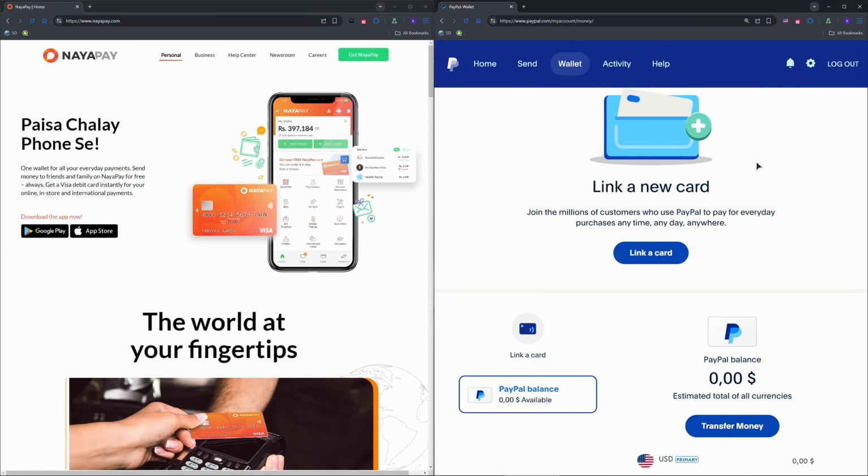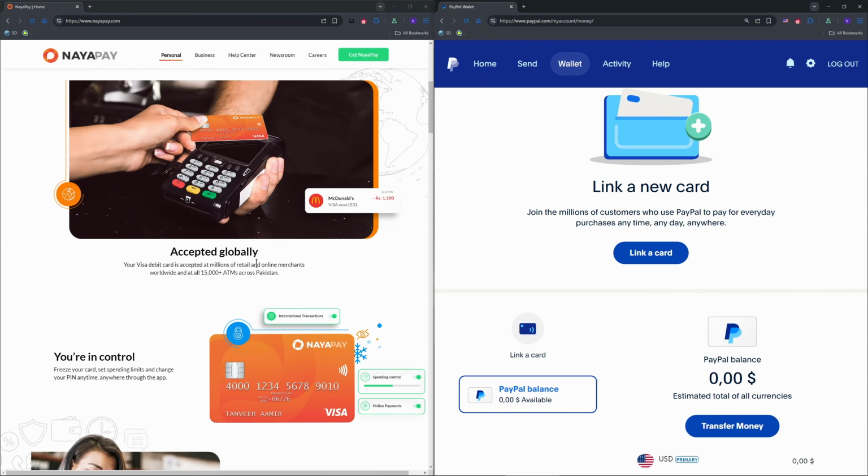It's missing for me because I don't have a card linked, but in your case, everything is going to be great. After that, choose 1 to 3 days, which is free, or in minutes, which is a 1.5% fee, up to $15, and enter the amount. Standard transfers take 1 to 3 business days. Instant takes minutes, but check bank eligibility. Confirm the transfer, ensure names match exactly to avoid rejections.